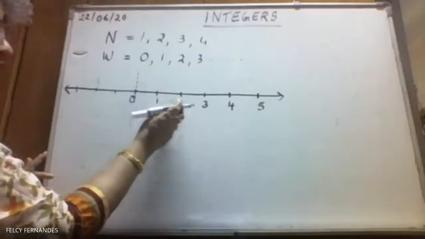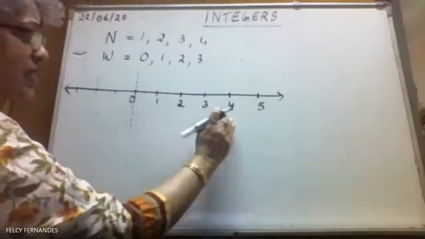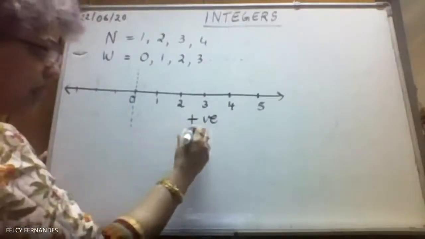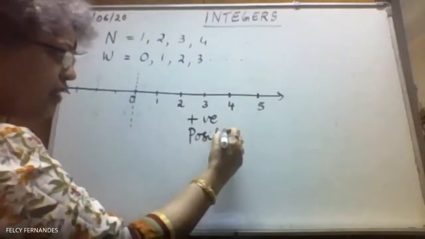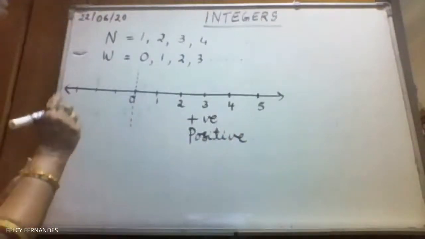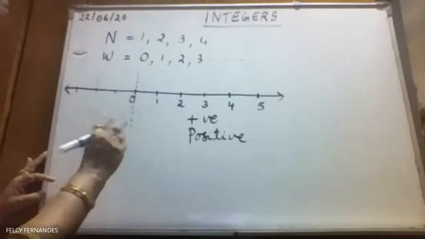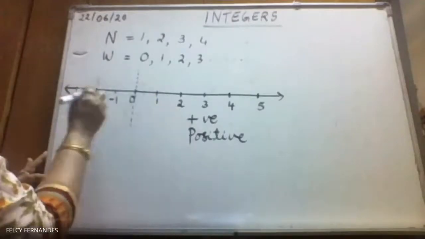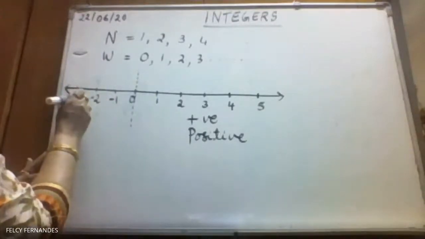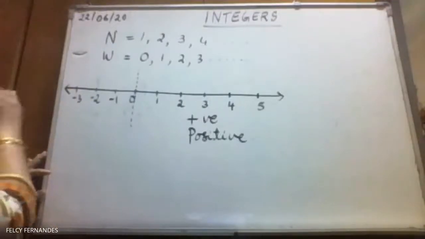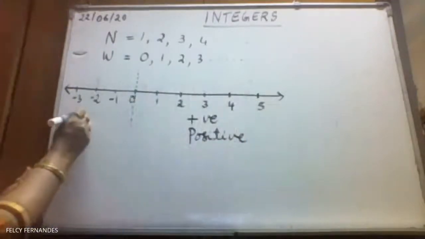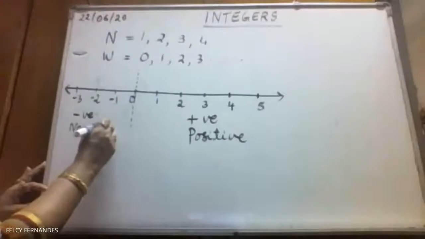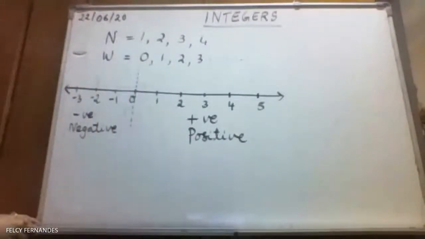You will get the opposite of these numbers, and these numbers are always positive. I am writing the short form, that is positive numbers. So what are the opposites of positives? Opposites of positives are negatives. So instead of 1, I will be getting -1 here. I will be getting -2 here, -3 here, and it goes on. Now such a number line where you have positive numbers, negative numbers, and 0 in the middle.